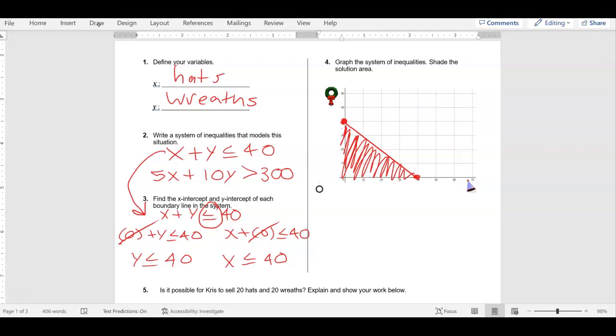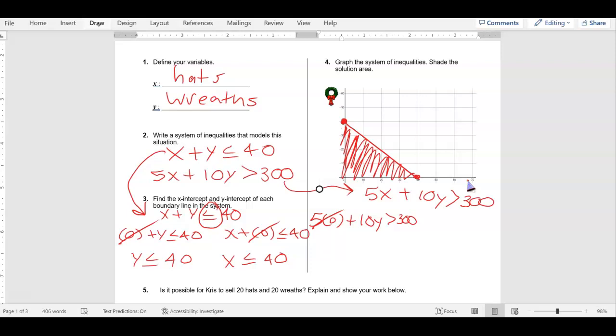All right, now we're going to do the same thing with the other equation. So take the 5x plus 10y greater than 300. And again, I'm going to split it into 2 columns. I'm going to plug in 0 for x first. So 5 instead of x, I'm going to put times 0 plus 10y is greater than 300. Do y'all know what 5 times 0 is? 0. Cross that out. Whenever you have something times 0, it eliminates.